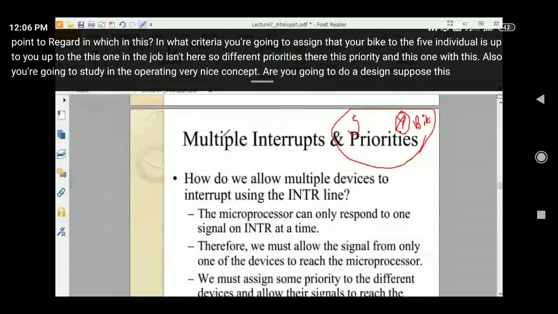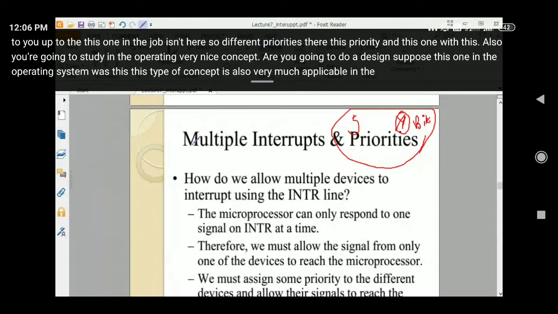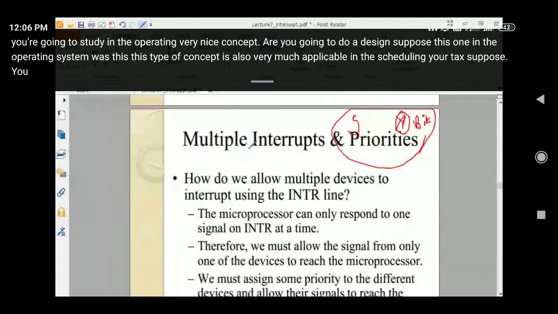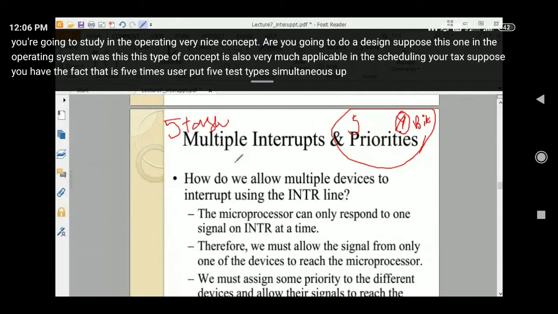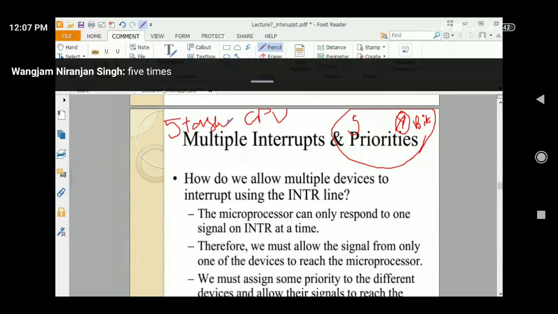In the operating system, this type of concept is also very much applicable in scheduling your tasks. Suppose you have 5 tasks. The user puts 5 tasks simultaneously. आप एक ही टाइम में 5 tasks आपके CPU से मांगा है और ऑपरेटिंग सिस्टम से मांगा है.